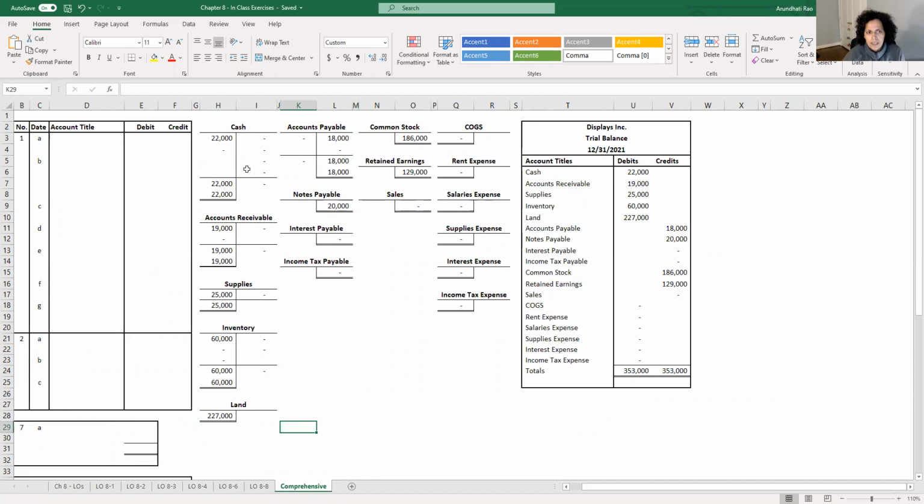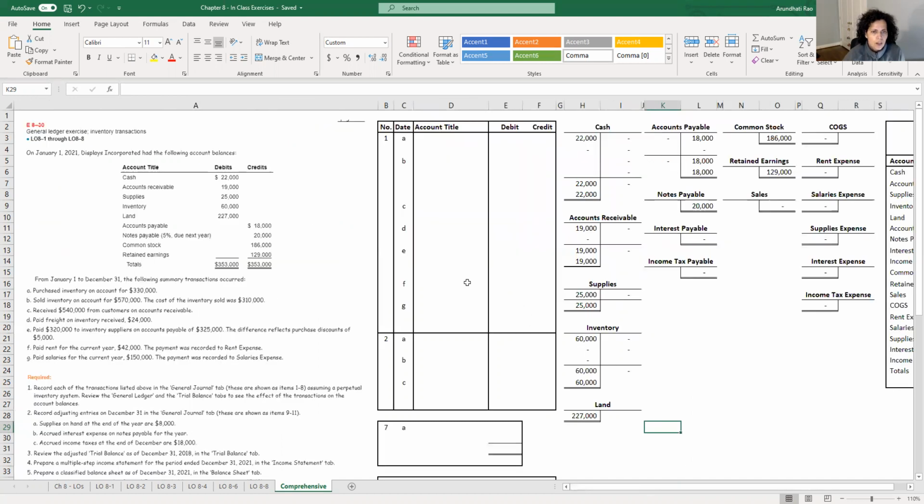The information is in the T accounts. And as I do my journal entries, you will see how these get updated. As the T accounts get updated, the trial balance also gets updated. The trial balance will be prepared at the end of the period, but we have this as an ongoing document over here. So with that, let's start with our first transaction.